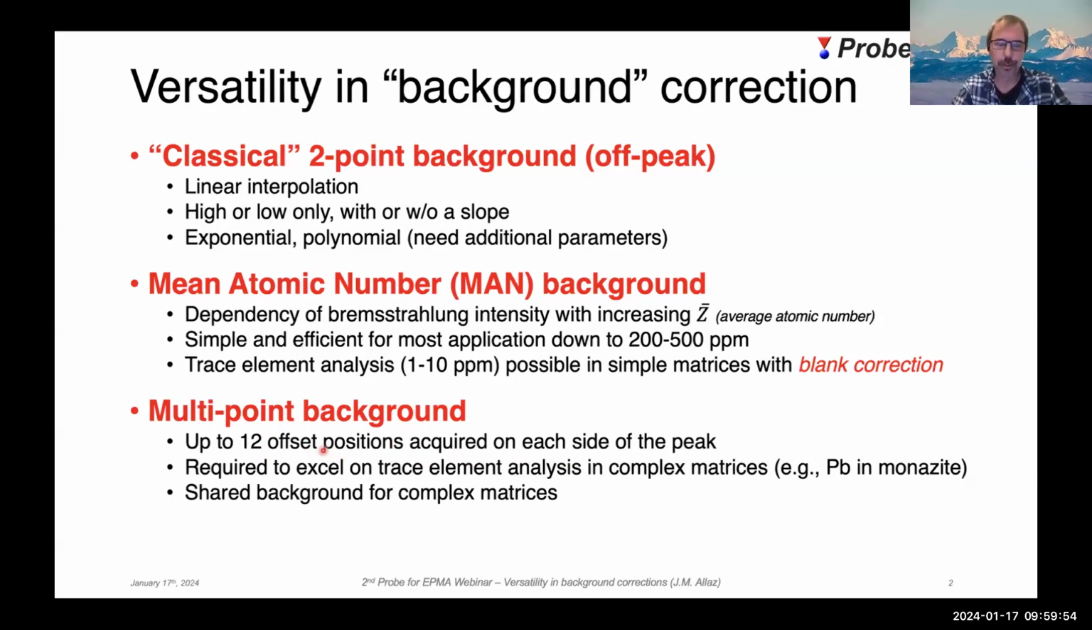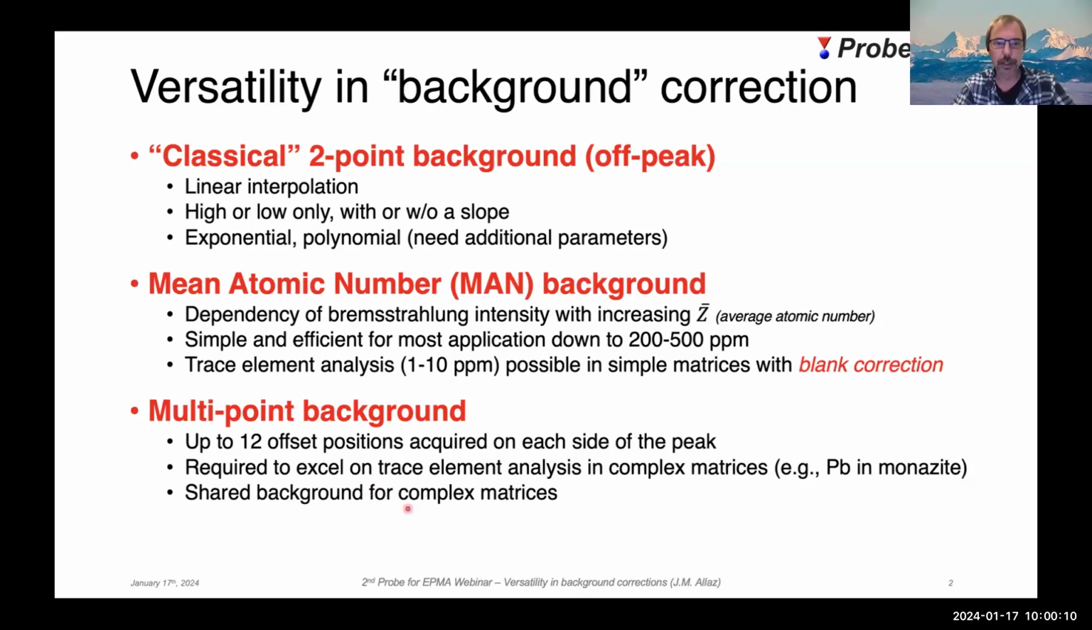That might be too much. Most of the time I use like 4 to 5 on each side. And it helps you indeed to constrain perfectly the change in the bremsstrahlung intensity over your spectrometer range. This technique has also another sidekick, if I can say,